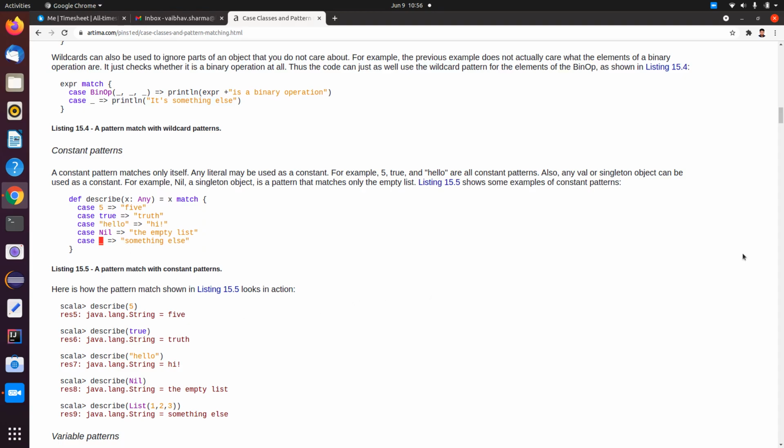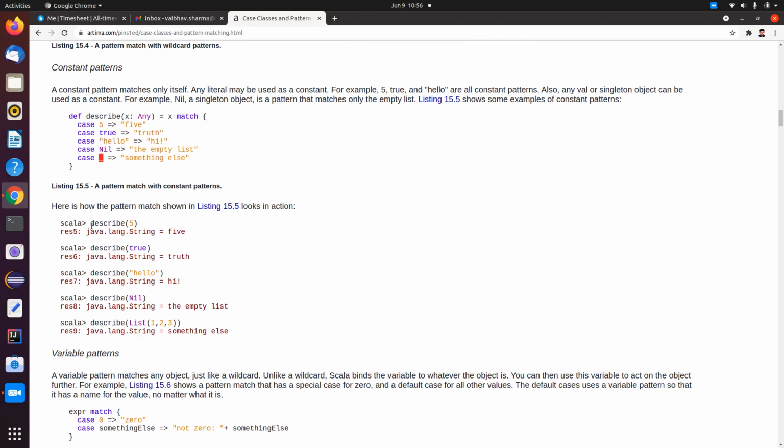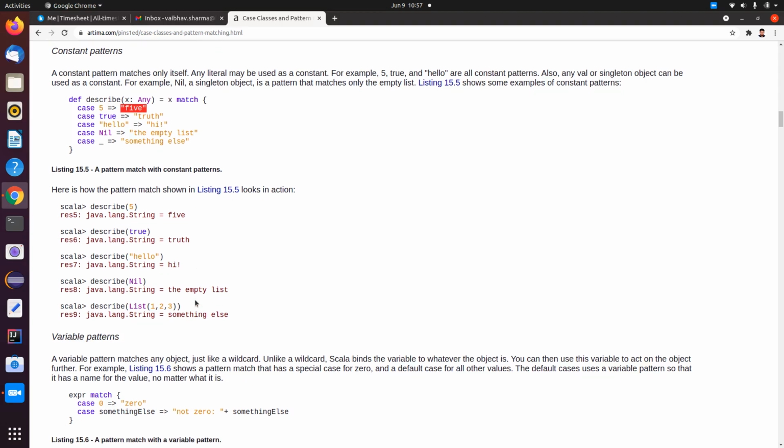If you want to run this, you can do describe 5, and it gives the string type and 5 as the output. That was about constant patterns.